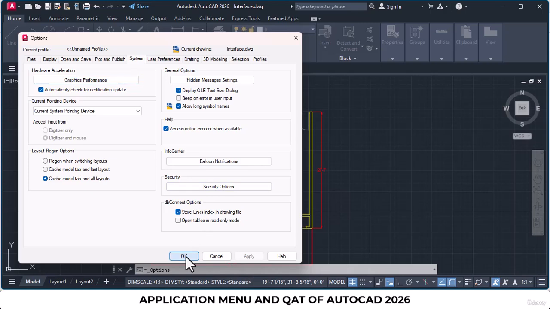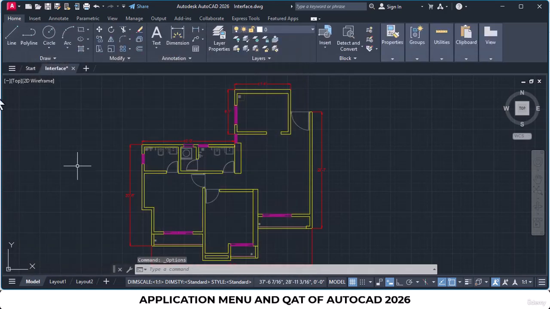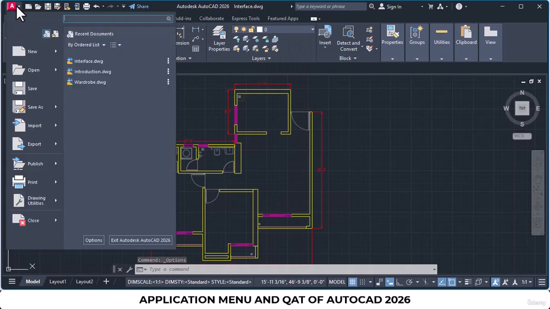I will just click on OK and come out of it. So that was all about the application menu. And lastly, if you click over here, you get the option to exit AutoCAD 2026.